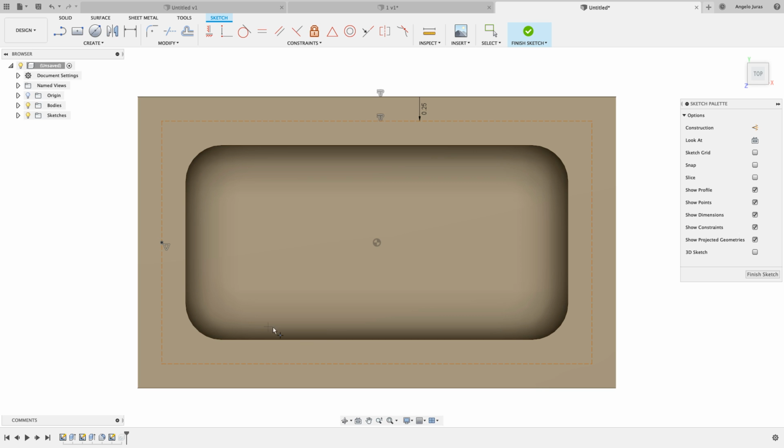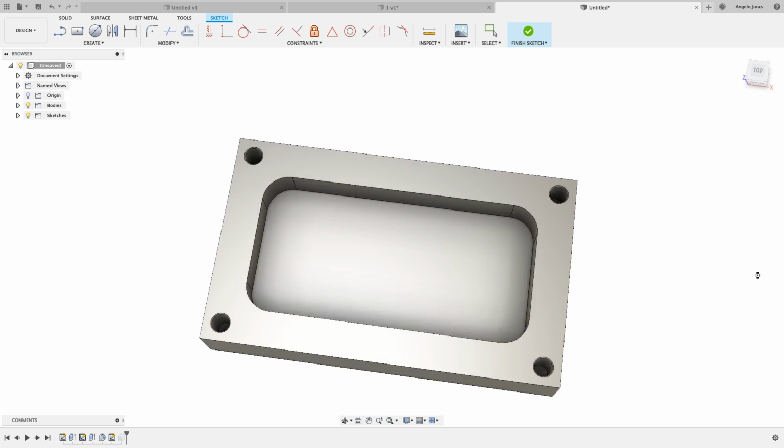So I'll put a point there. I'll come to the midpoint here. We'll put a point here. We'll put a point there, and then we'll put another one. Verify we have that triangle. So now we got 4 points that we've added. I'm going to finish my sketch,